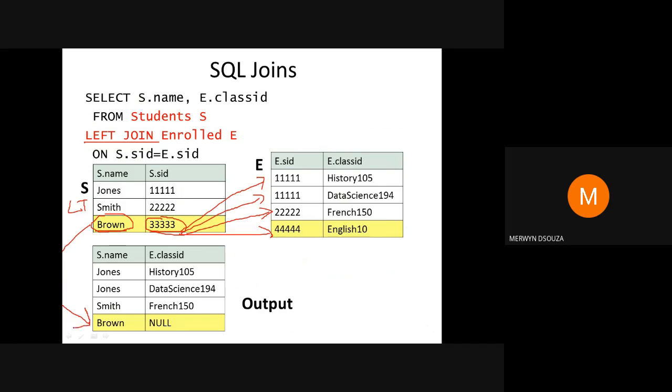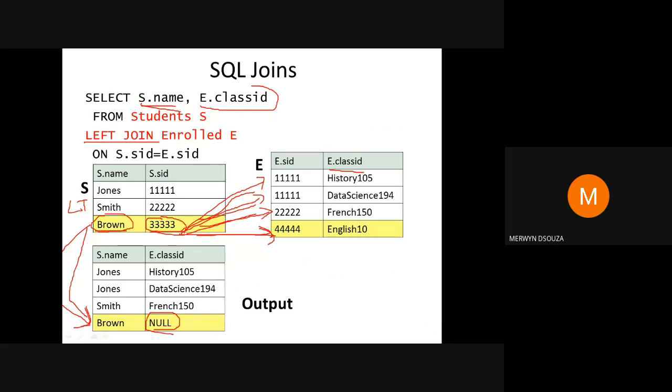Whenever there is no match, the name still comes, why the name? Because we are retrieving only one column from the students table. Now we are also selecting the class ID from the enroll table, but since there was no match with the SIDs, from the right table the value of class ID will be displayed as null.